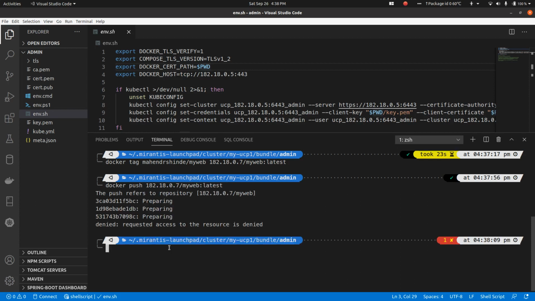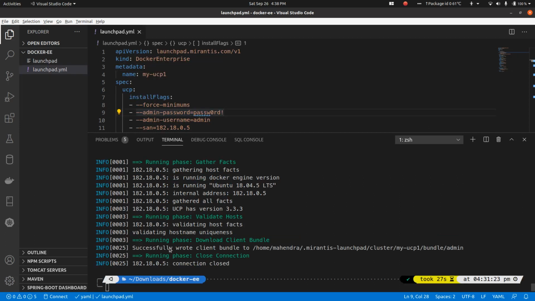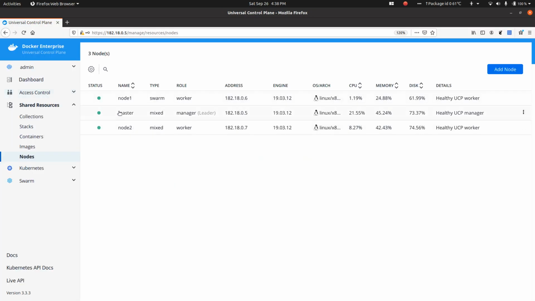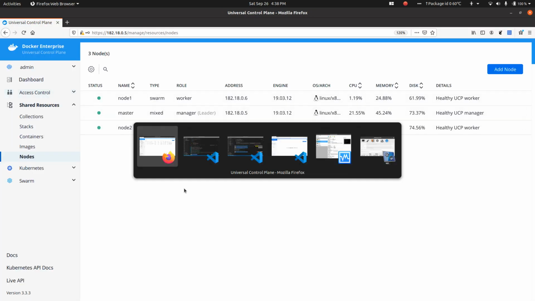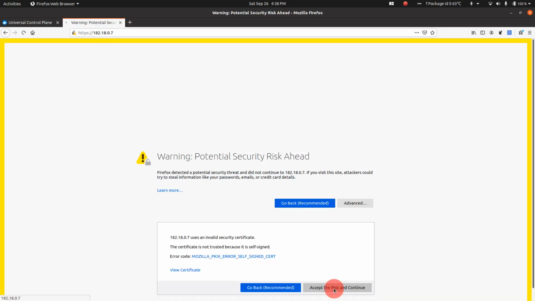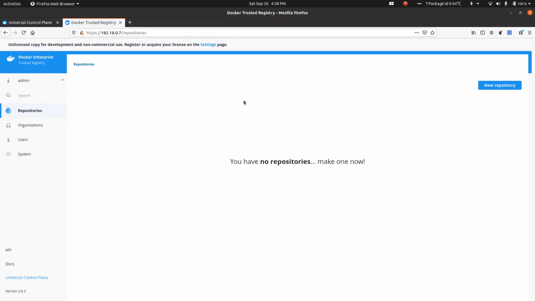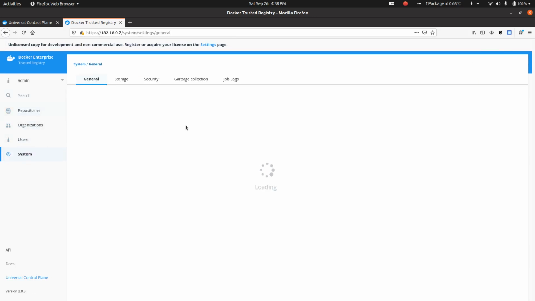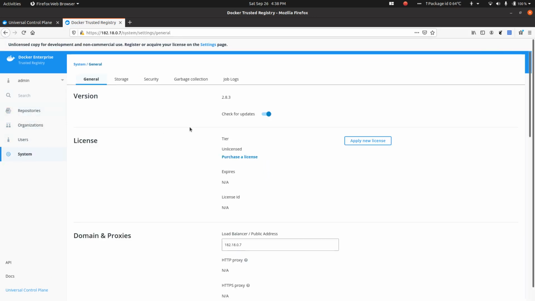Wait a second, it looks like the access to resource is denied. I will have to check two things now. Number one, I will have to make sure that my Docker trusted registry, whichever one I'm using right now here, 182.18.07, first of all accepts this request. Wait a second, here I am. I need to make sure that I'm creating a repository here, or I will have to change the setting to allow it to create repository on push.